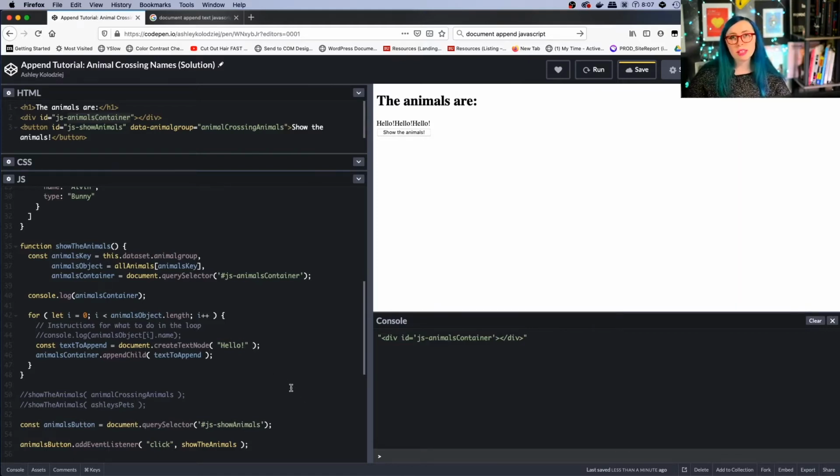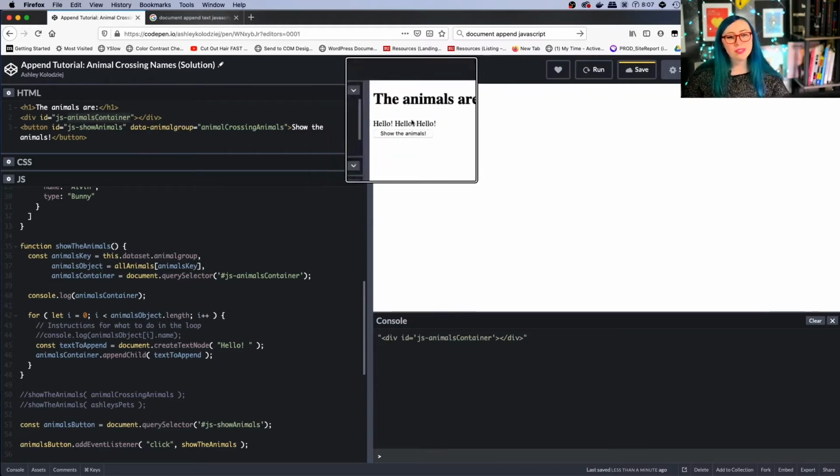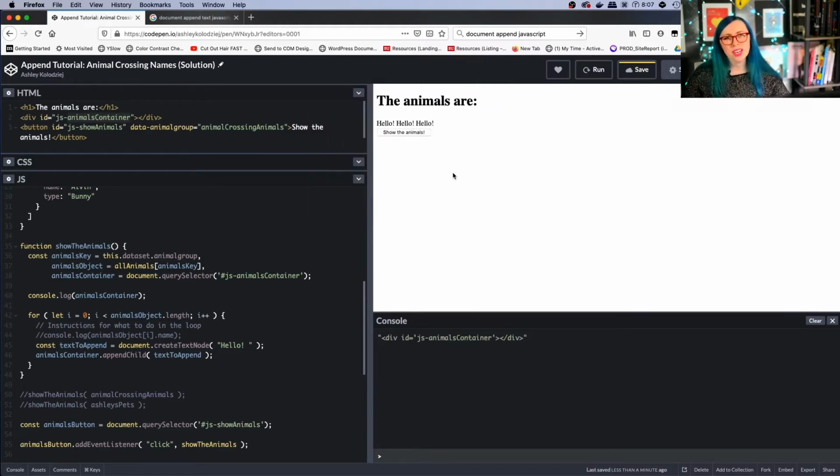So here, I'm gonna create a text node, but I'm just gonna add a space in between my quotes in this string. And we're going to run this and then click the button. And there we go. That's a bit more like what I expected. Boy, computers are dumb sometimes. You'd think they'd just put the space in for you, but computers can't guess that sort of thing, so you gotta put the space in for it.